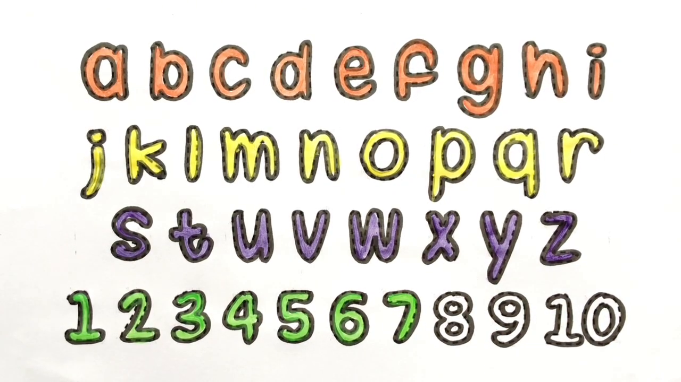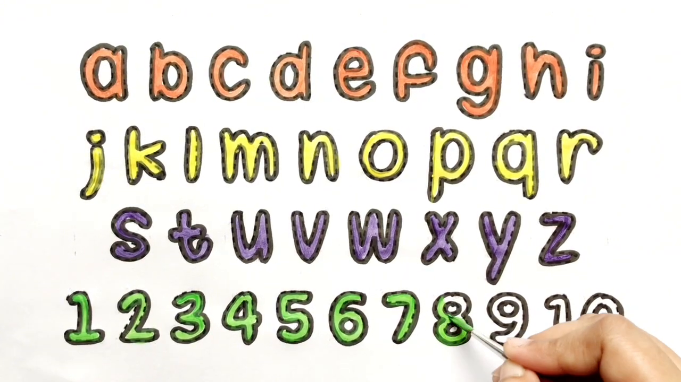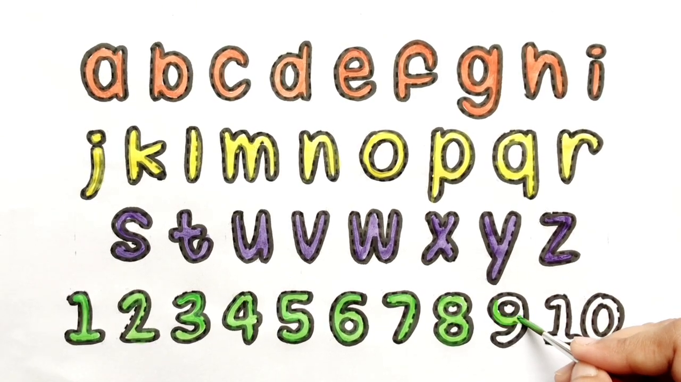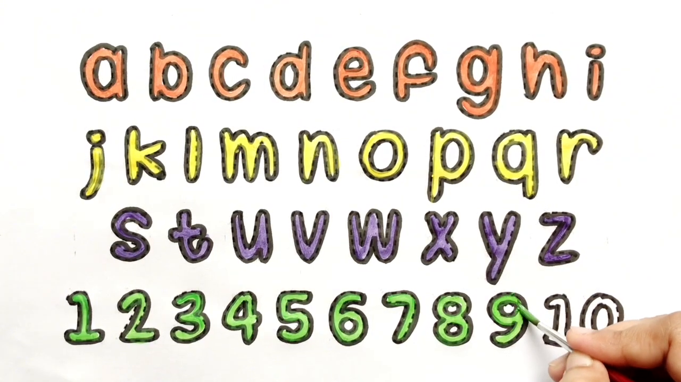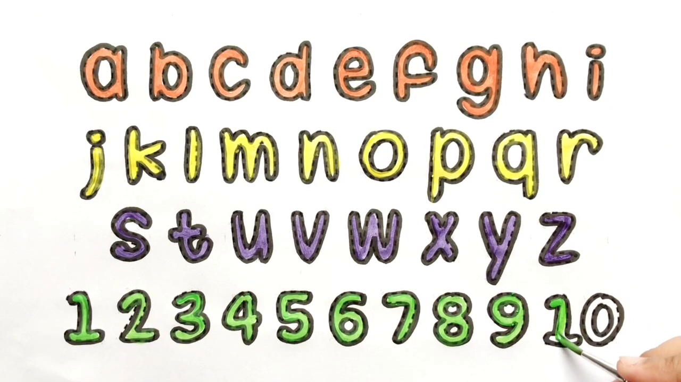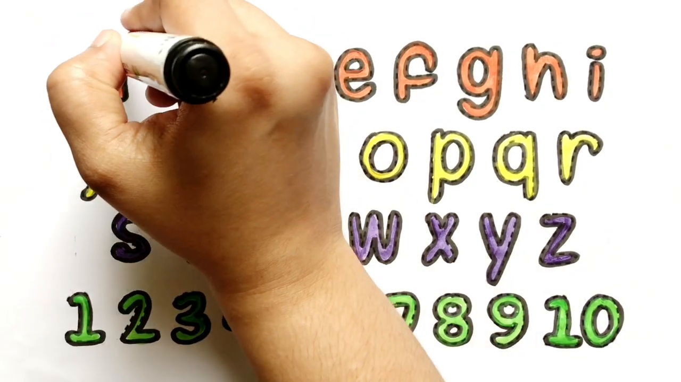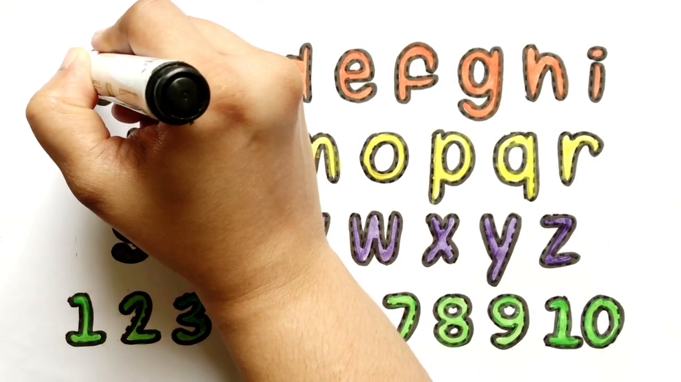A, B, C, D, E, F, G, 8. H, I, J, K, L, M, N, O, P, Q, R, S, T, U, 9. V, W, X, Y, and Z. Now I know my ABCs. And 10. Next time, won't you sing with me? A, B, C, D, E, F, G, H,